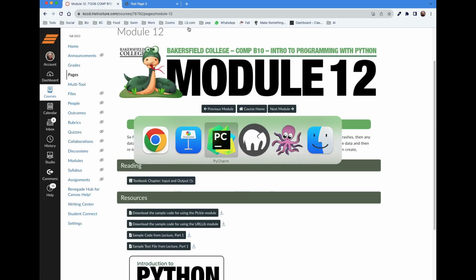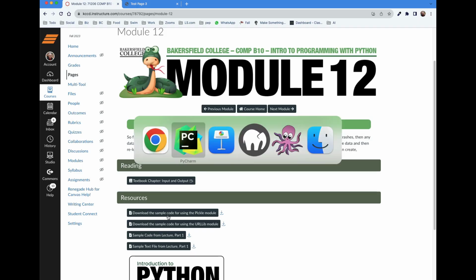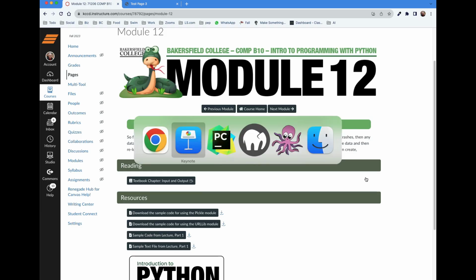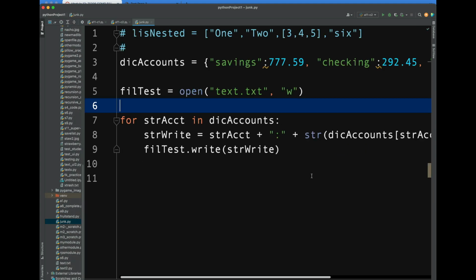We are going to use an object or a library called Pickle. Now, Pickle is beneficial to us. Let me see here where we have this. Okay, so